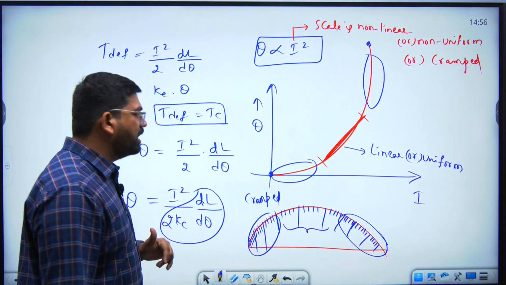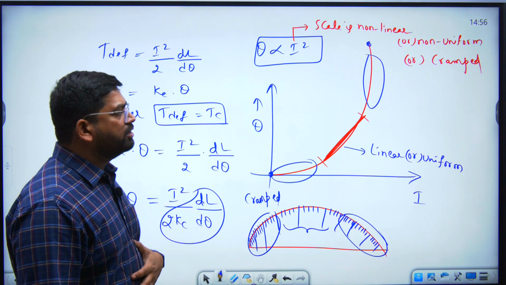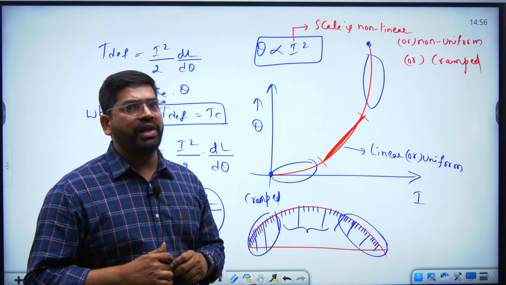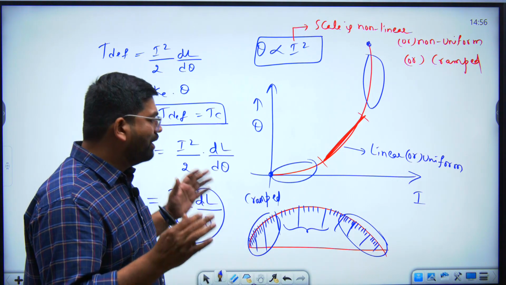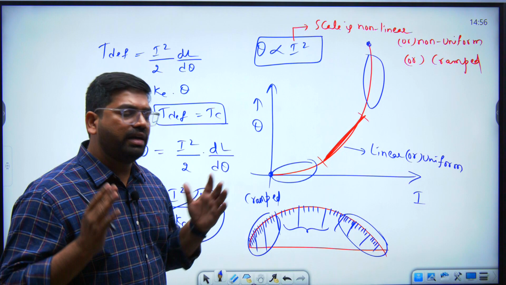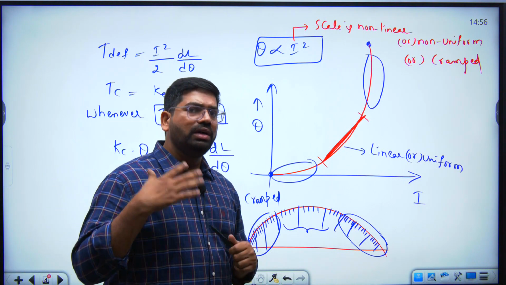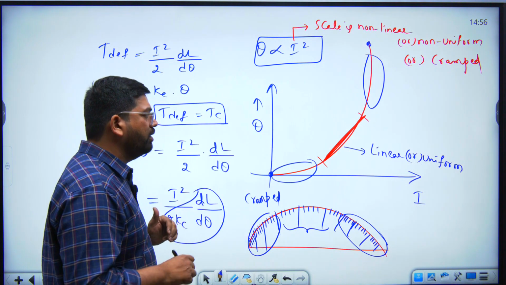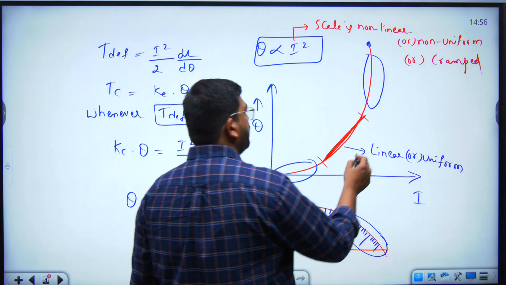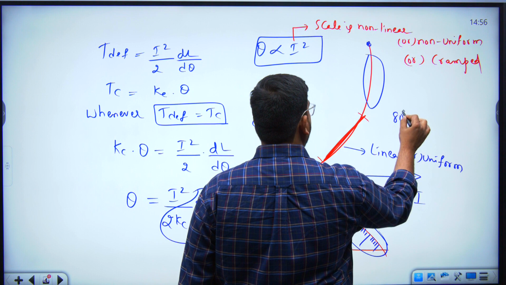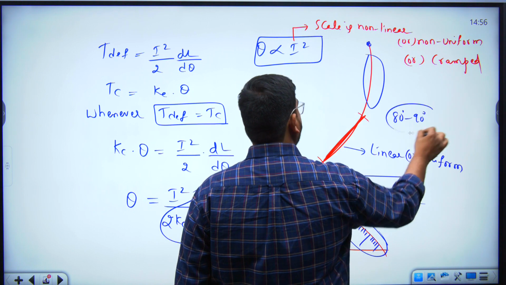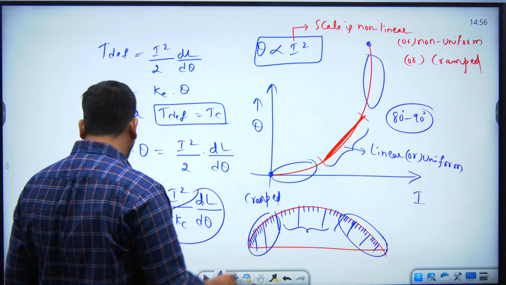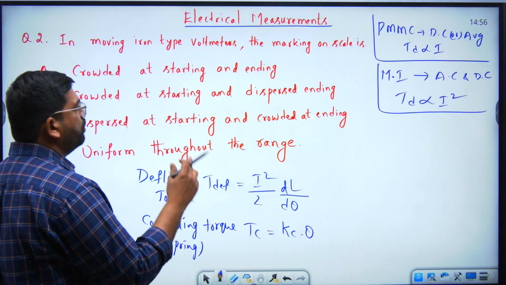So generally in a moving iron type instrument, the starting and ending are not given any priority in designing the scale, because values are overcrowded and it is really tough for us to note down the readings when you design the scale from starting to ending. That is the reason why in MI instruments generally only 80 to 90 degrees is used to design the scale, only in the mid range, because the starting and ending will be having